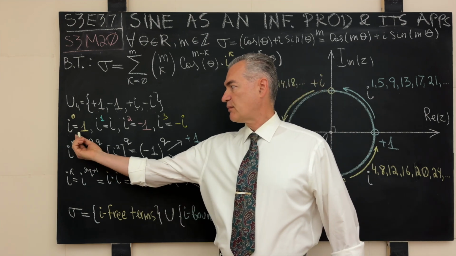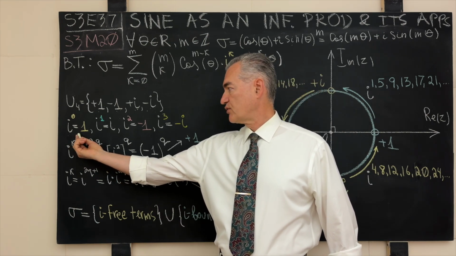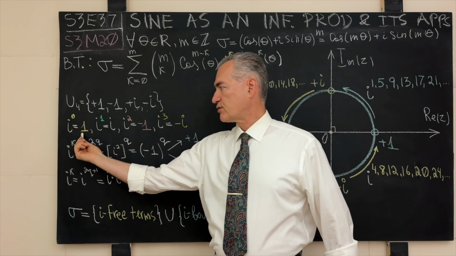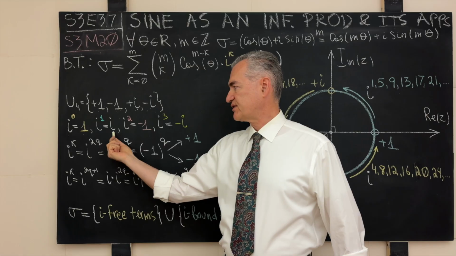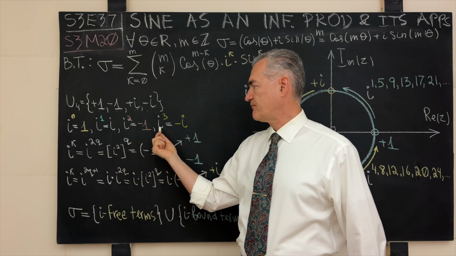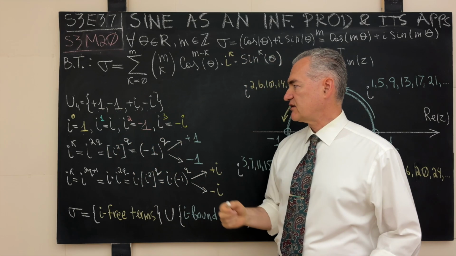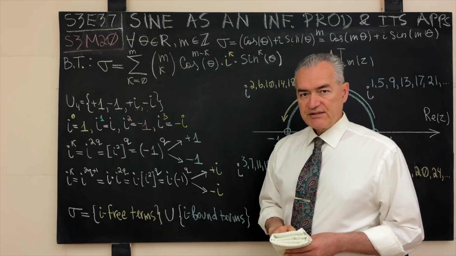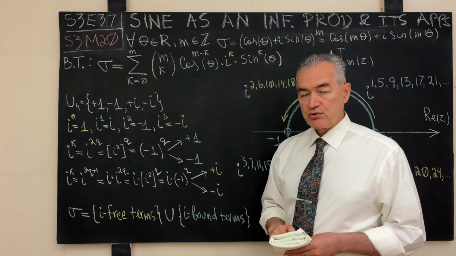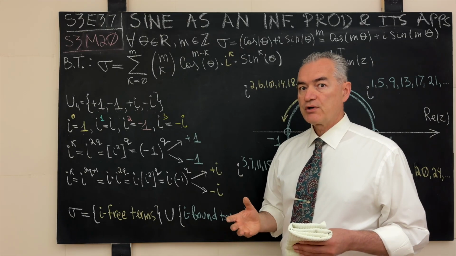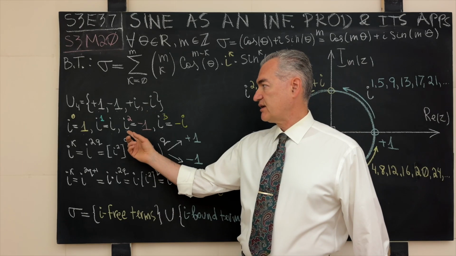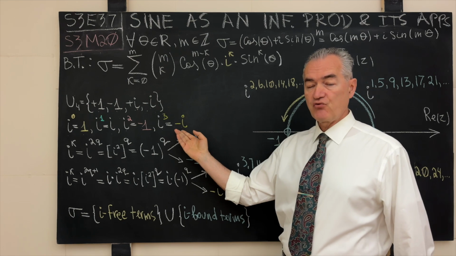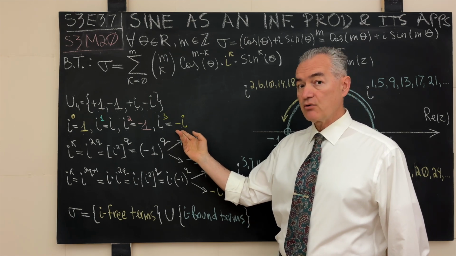And I wrote this multiplication table for you, if you will, over here in this line of symbols. i raised to the 0th power is 1, i raised to the first power is itself, i squared is -1, i cubed is -i, and the interesting thing over here is that in the old days, this particular characteristic of a group element was called the period. These days it's called the order. So the order of the element i is 4, which means that this multiplication table repeats itself forever and ever with the period of